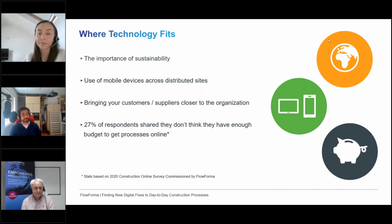No, that's 100% the case, and I think you used the right term there. Value. A lot of people in the past have used return on investment, which I find is a very commercially led term. It's always pounds, shillings, and pence, although shillings don't necessarily exist anymore. But it's one of those things where a lot of the time with digital systems, there are other benefits that aren't necessarily